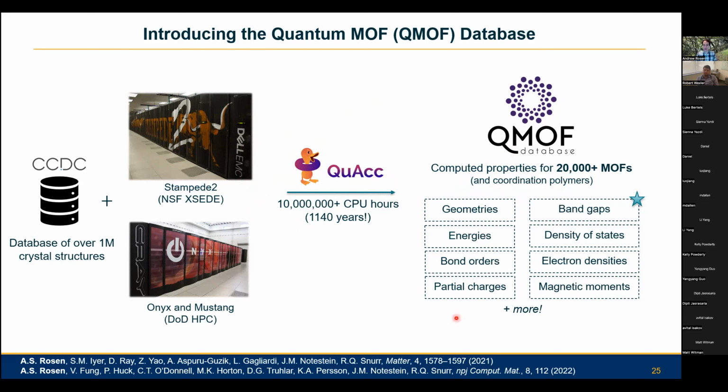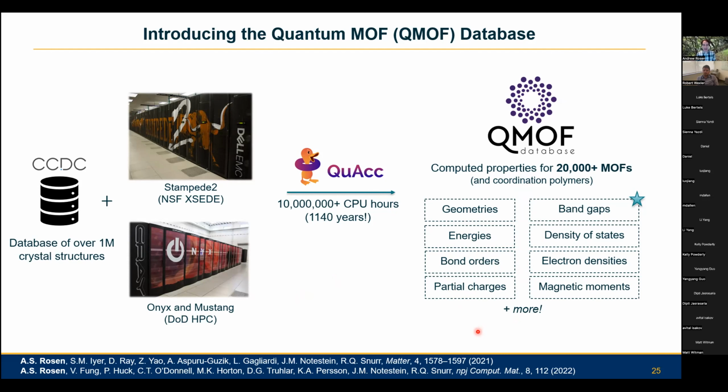This database, which is publicly available, anybody can access it on the Materials Project or a variety of other areas as well, has geometries and energies, bond orders and partial charges, band gaps and density of states, even electron densities if you're willing to download them. They're quite large, but they're there. Magnetic moments and a whole lot more. And for the sake of time, I'll only focus on one of these properties today, and that'll be these band